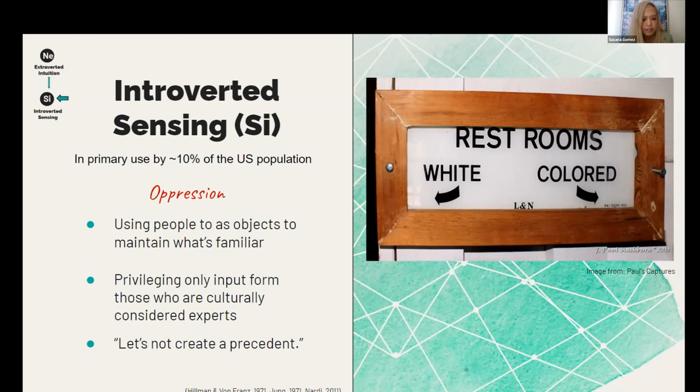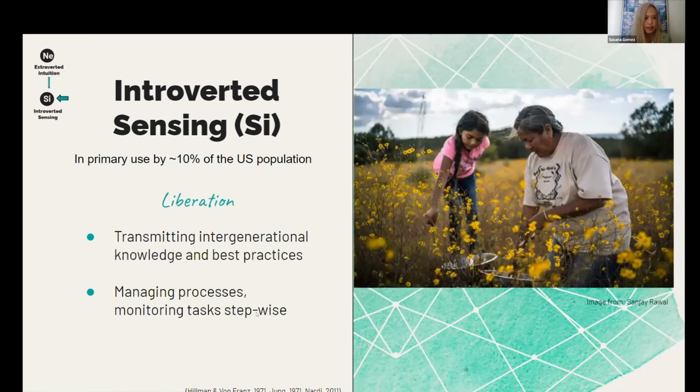Introverted sensing is likely also at the forefront when we hear people say, "Let's not set a precedent," or "let's not make ourselves physically uncomfortable," even if it is becoming clear that the status quo is harming people. Introverted sensing otherwise contributes greatly to the work of liberation. The dominant narrative about liberation speaks of it as moving forward. However, we might also consider that liberation involves